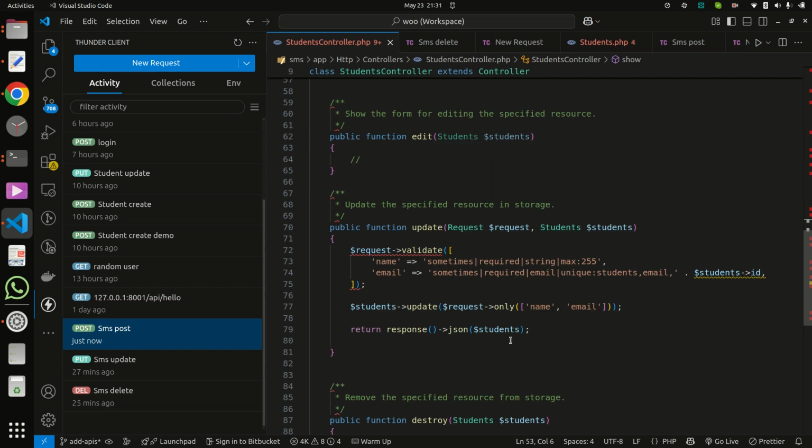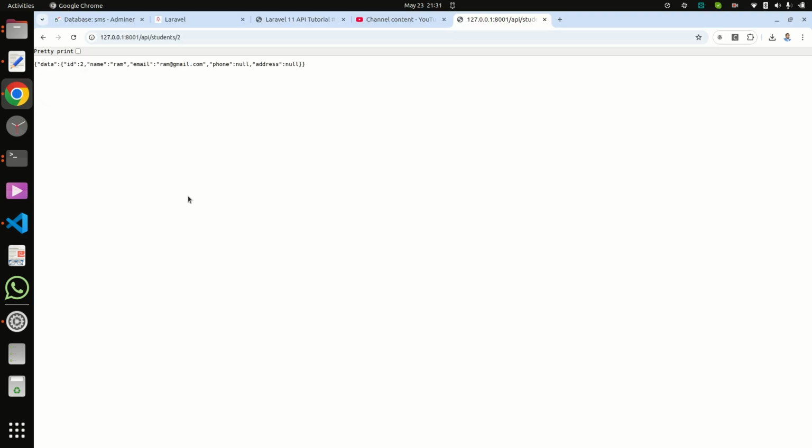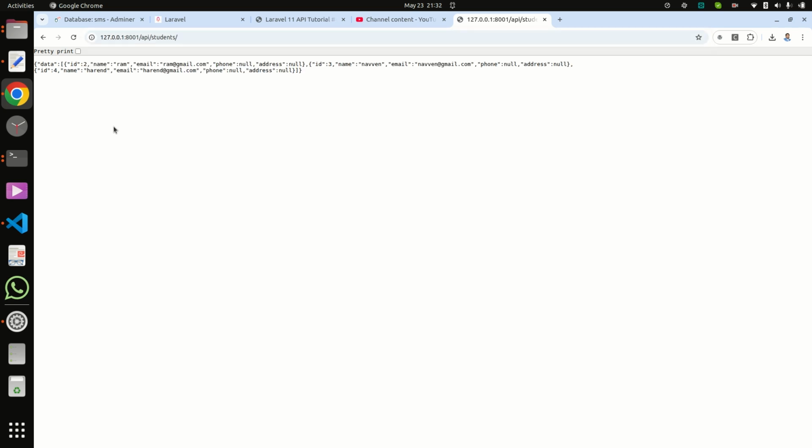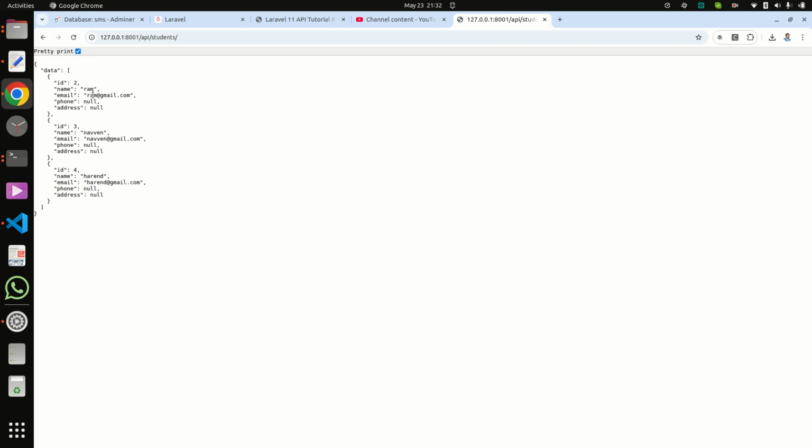Just change inside the resource, then it automatically changes in our output. Whether we check a single student, multiple students, or other places, it is a fantastic way to manage multiple APIs at once.